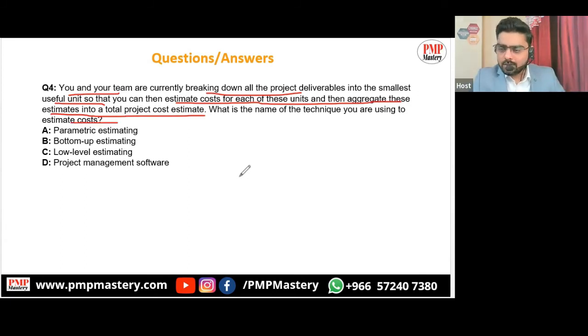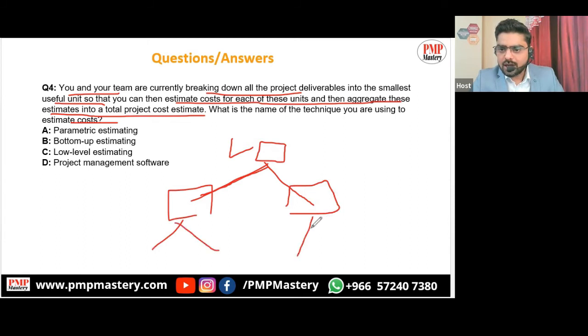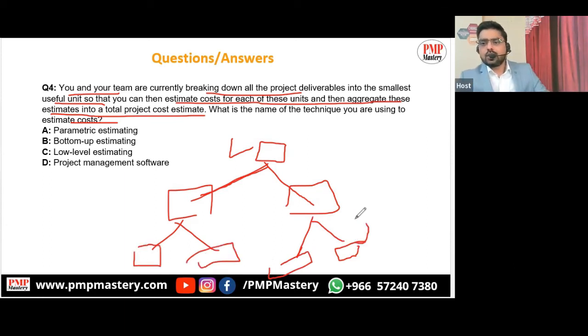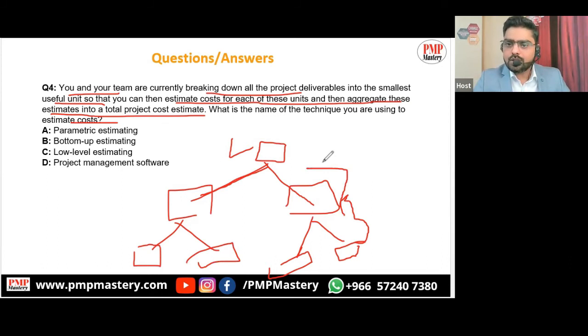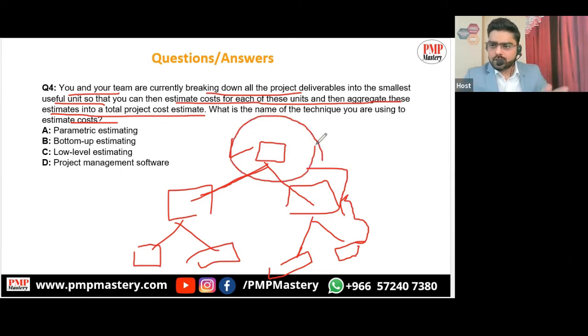So to estimate project cost, what you are doing first? You are breaking down the overall project scope. You are using the work breakdown structure. You are decomposing your overall scope further here, right? You are decomposing it further, and finally you are reaching the activity level. And each activity you are estimating and rolling upwards, reaching the work package, then reaching the control account, and finally you are getting your overall project budget. So this method is known as bottom up estimating.